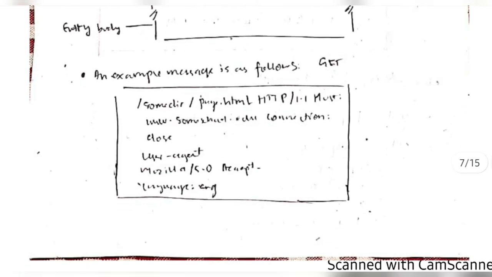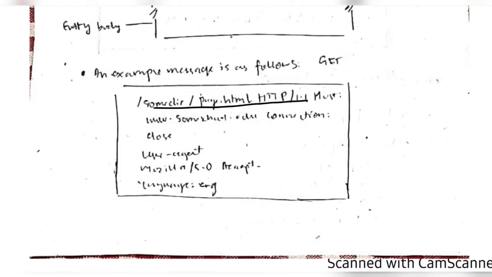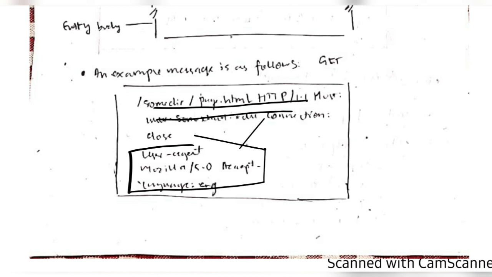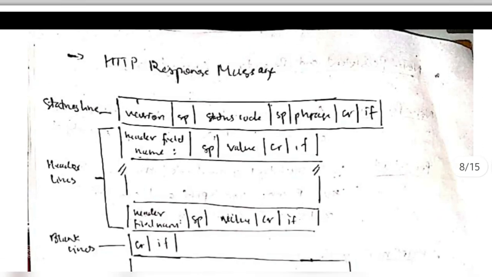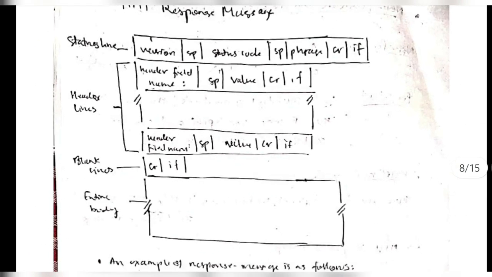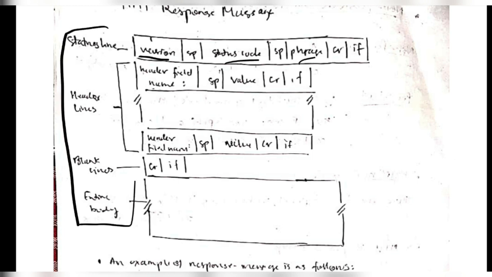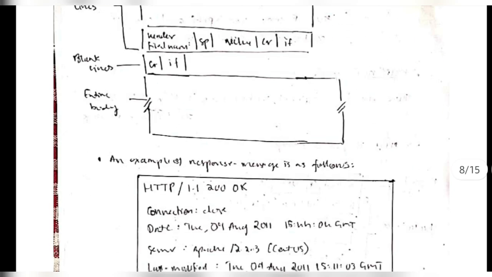So an example is here. We have the URL here and we have some more information regarding whether it's accepted or not, and what the language and the version are, and so on. Okay, so this was for the request. What about the response? The same thing here also, we have the version, status code and so on. So take a look at it, it's not that different from the previous one, and the example is here.